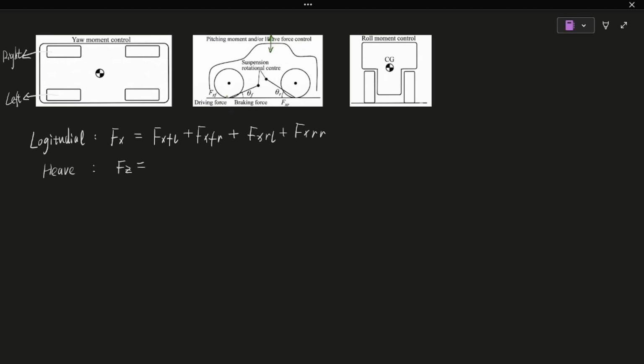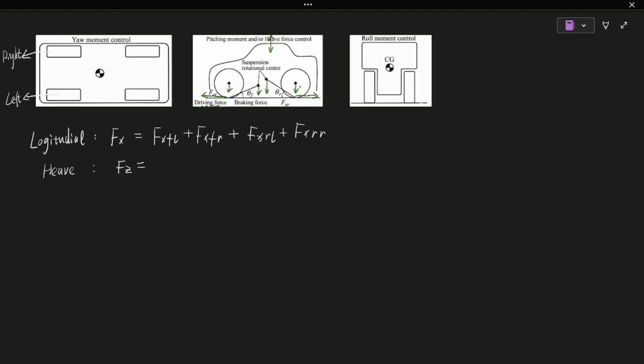Specifically, look at the front wheels. Apply a forward driving force. The suspension axis turns this into a downward force. This pulls the whole vehicle body down. Now, look at the rear wheels. Want to pull the car body down here? You need a backward braking force. This drags the suspension and pulls the body down. Notice something important here. To get a downward force on both ends, the longitudinal forces must go in opposite directions. Again, this is all due to the suspension geometry.